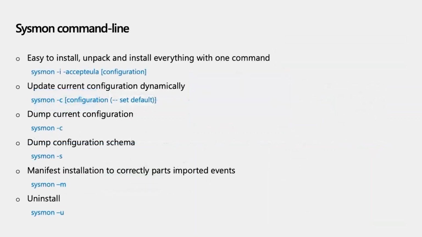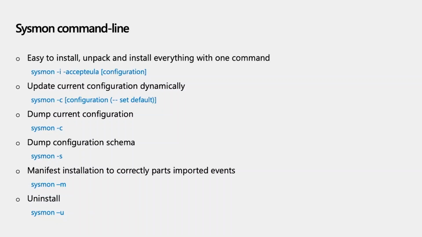Sysmon has a lot of different command lines that are very easy to use. You can install it with -i -accepteula. You don't have to set the configuration. By default, it will just save the processes that are being created, but the configuration will give you way more options, and I'll go into some examples and show you how you can use it. You can also update the current configuration, as I said. You don't have to restart the service or the driver, it will pick up the new configuration automatically.